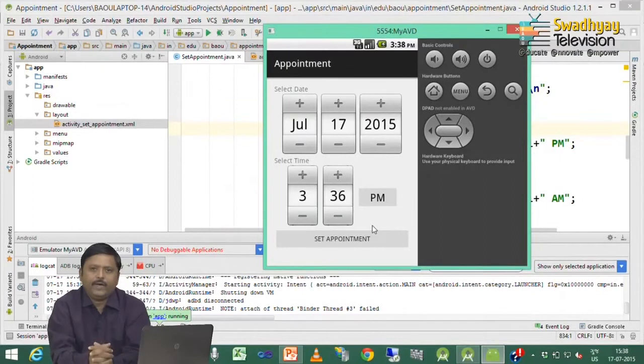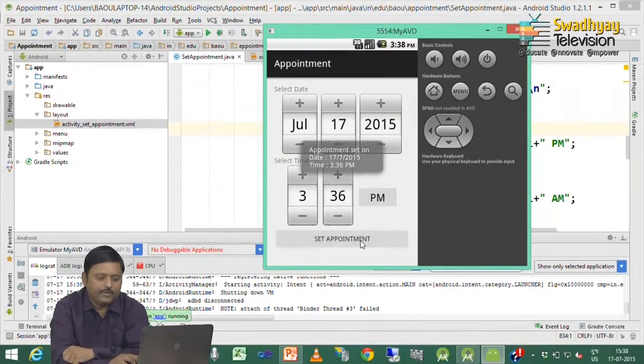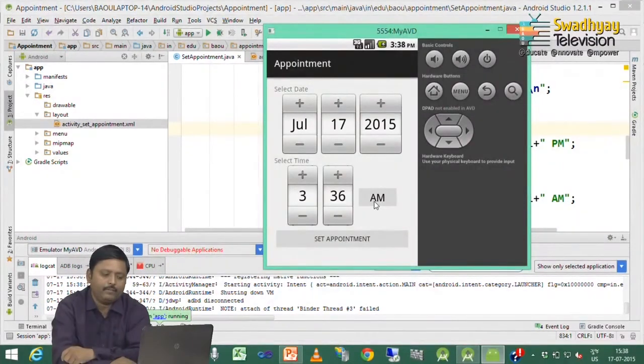So, here is our updated interface. Here, suppose I am pressing set appointment right now, then it shows PM, but suppose it is AM. Instead of PM, I can toggle AM and PM by clicking on it. So, I am pressing AM and then press the set appointment button.